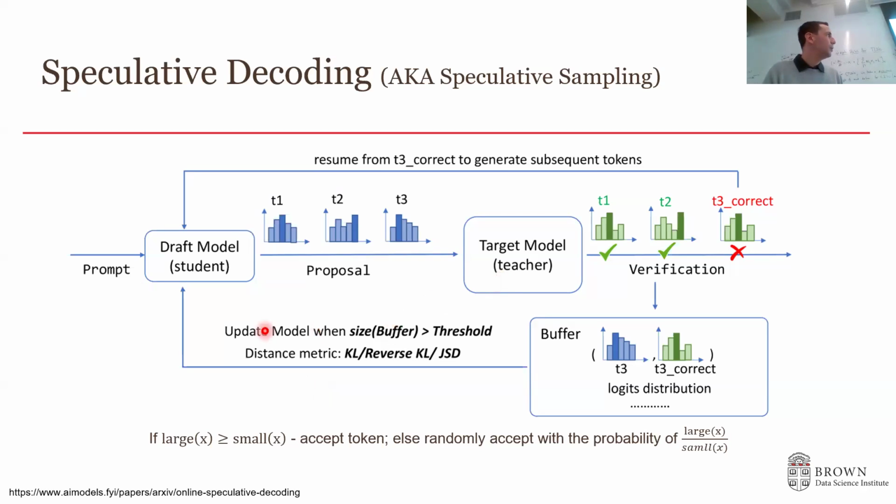So we can use the larger model to run 10 times, right? This is the standard generative approach: run 10 times and generate 10 tokens. This is very slow. So we can use a draft model to run 10 times and generate those 10 tokens, which will be much faster. And then in parallel, we can use the target model to validate the response.